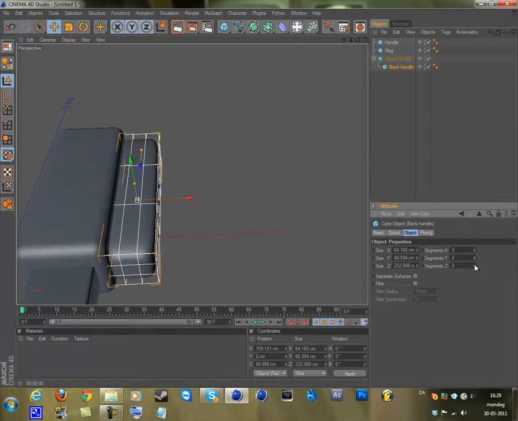Just go with as many segments as you want. But on the Z-axis, we are going to be making some other ones, so just keep the segments at 0 on the Z-axis.